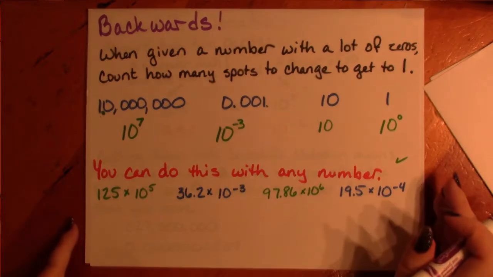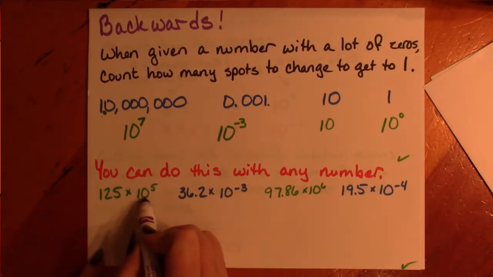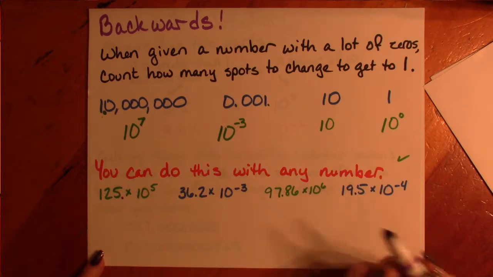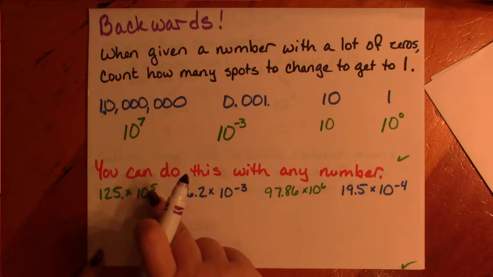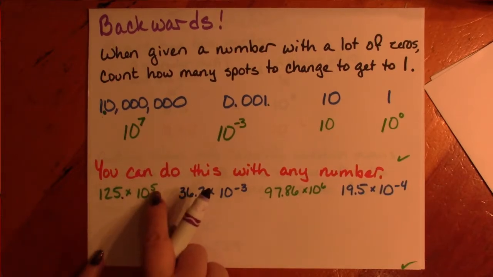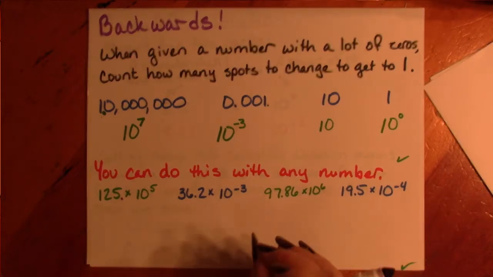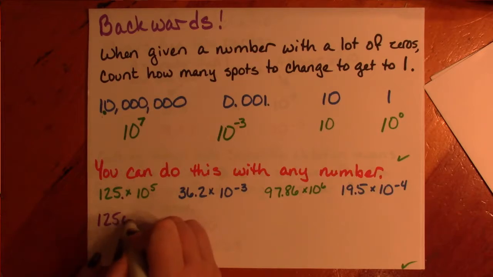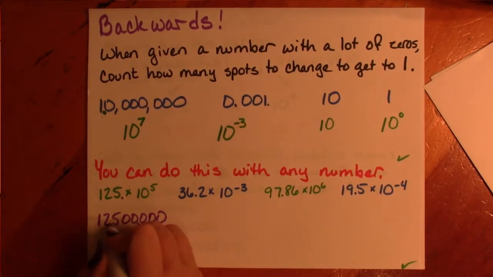You can do this with any number. Let's say we start with 125, and I want to multiply this by 10 to the 5. Well, our decimal point right now is here. It's an imaginary decimal point that we need to add, because that's where we're moving 5. And we're moving 5 to make it bigger, because 10 to the 5 is a large number, not a decimal number. It's a large number. So we're going to say 125 with 5 zeros. And then we count 1, 2, 3, 1, 2, 3. So it's